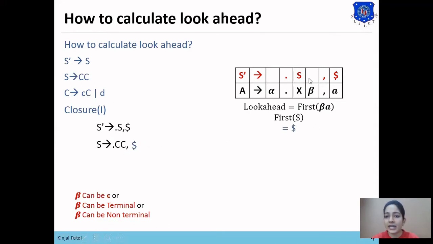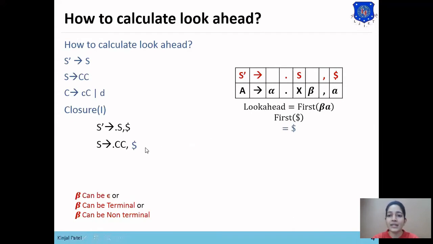If beta equals null, then we can directly place the look ahead of S' in the look ahead of S. We need not find the first of beta a if beta is null.